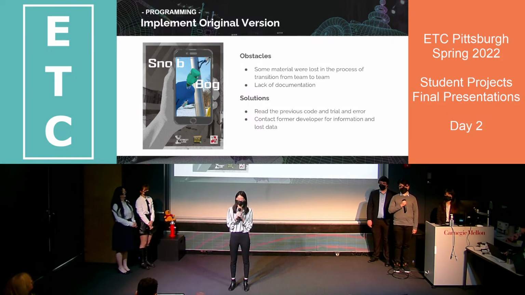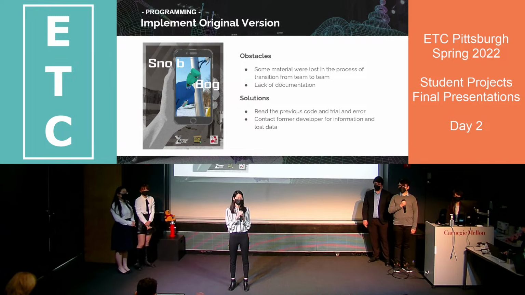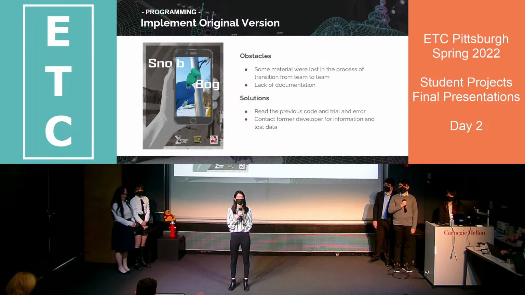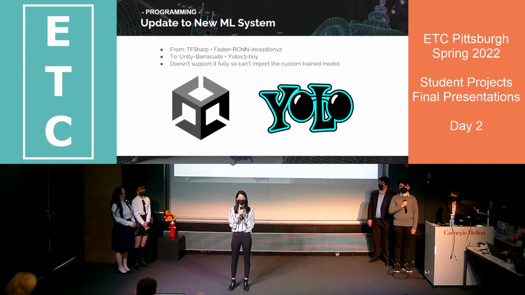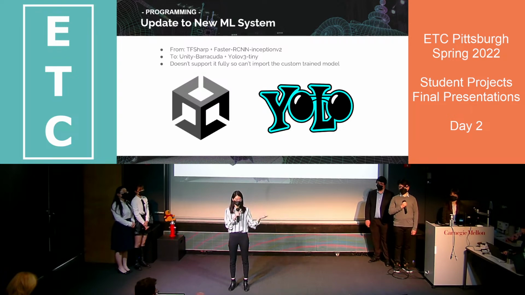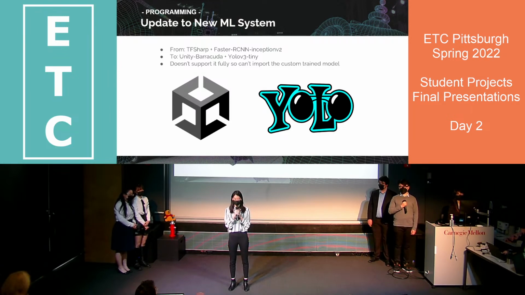With little help from documentation, we had to dig deep into the complicated Unity projects and code in order to figure out how to put this project back together. After hours of hard work and reaching out to the former developers on this project, we were able to restore the original version. The next thing the programmers were working on is the object detection machine learning inference system in Unity. The original system used TensorFlow, which is a third-party inference system, and we decided to update that into Unity Barracuda, which is the official inference system developed by Unity themselves.